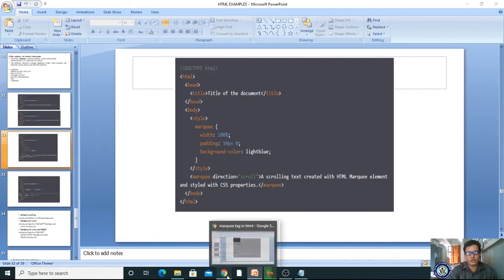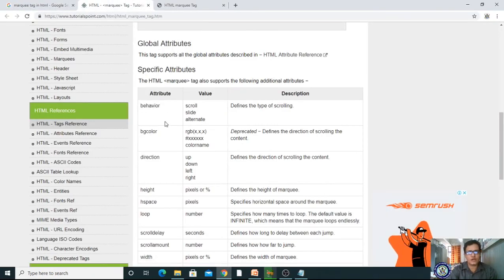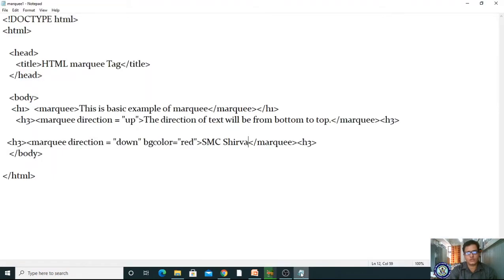Already we have the behavior attribute. If you use the behavior attribute, scroll means it will scroll. Slide means once it touches one end, it will stop. Alternate means it will bounce back. Got it? Let me do that.